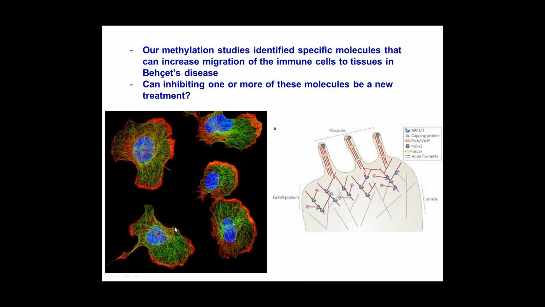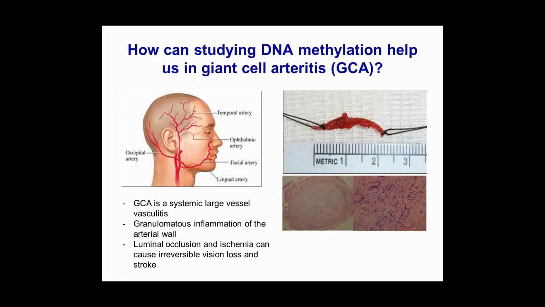So potentially we can develop new treatments by targeting these new molecules we learn about through our epigenetic studies and through the genetic studies. The other thing we can do is to understand the nature of inflammation by looking at the tissues. So using genetic approaches, if we take a tissue, this is an example of a temporal artery biopsy from patients with